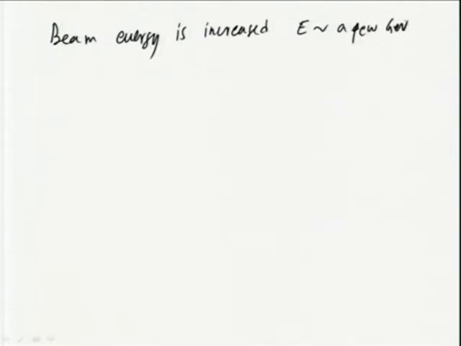But now, if you take large values of E, where the beam energy is increased to a few GeV, or 5 GeV, 10 GeV like that, then you will again plot